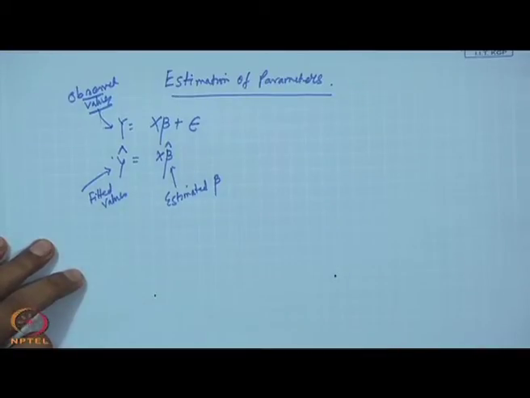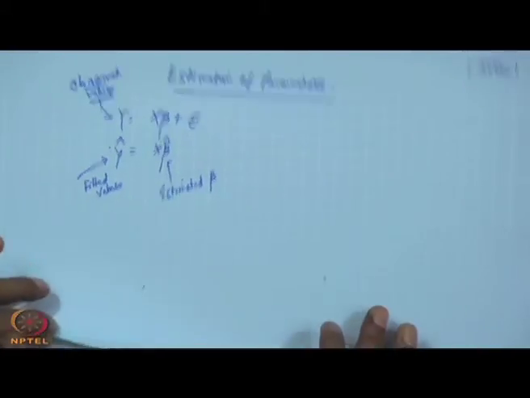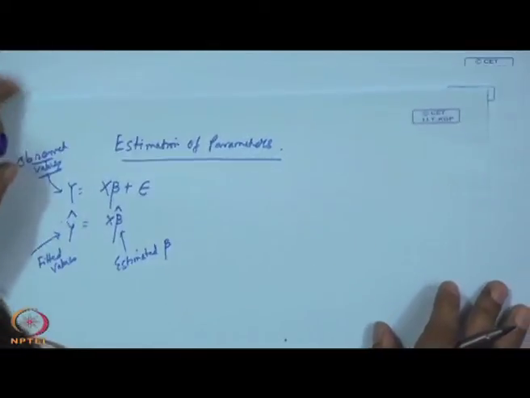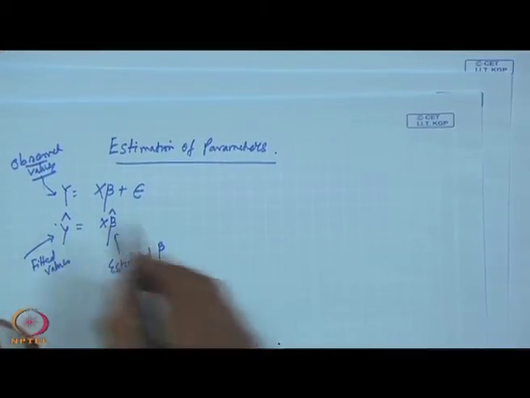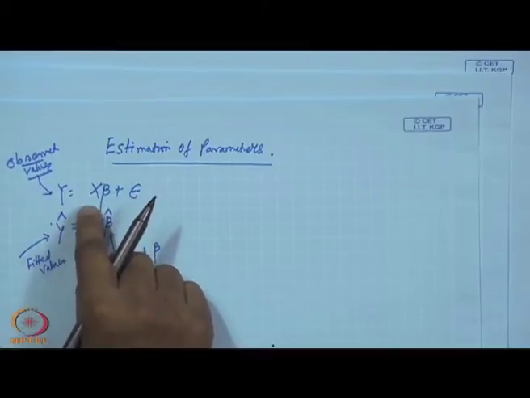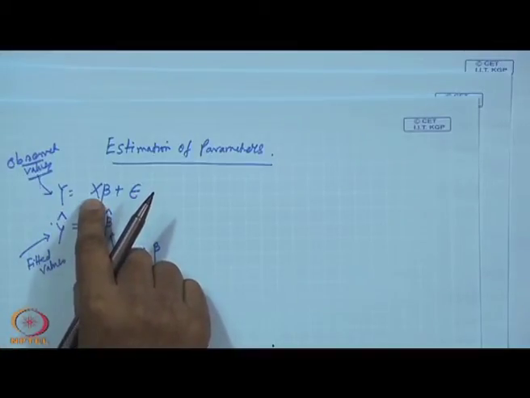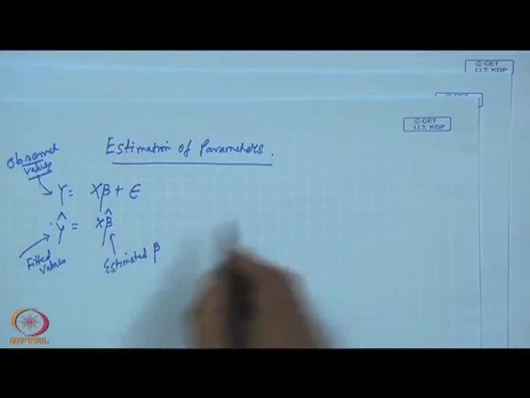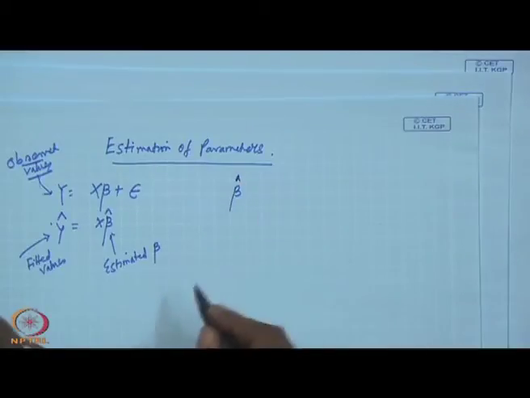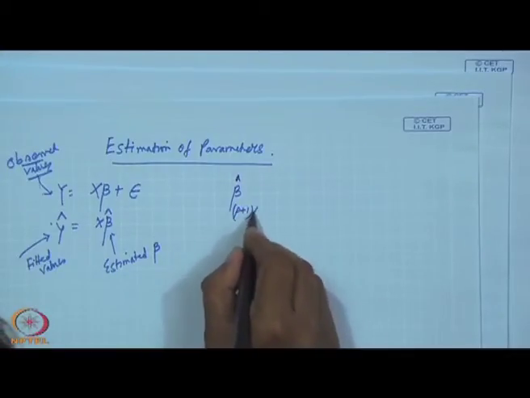And this is the error term. Okay, I have something more to say here. Please remember that there are q y variables and, similarly, p x variables. So the beta that you estimate will be a matrix. What will be that matrix? That will be (p plus 1) cross q.